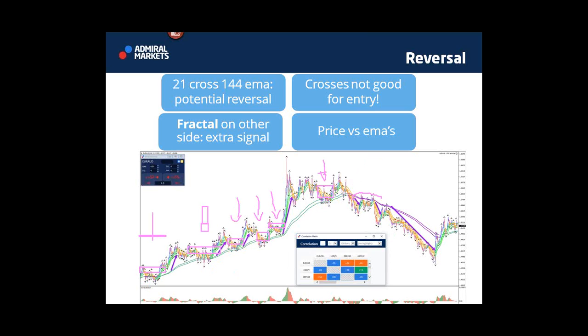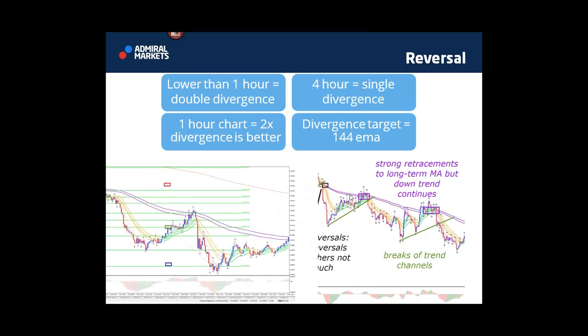Here, the resistance fractals are right at them, and here, in fact, they're already below them. That is a very fundamental difference. When the resistance fractals start to switch sides, and they're not above anymore but below, that's the extra signal that there's a good chance of a reversal taking place.